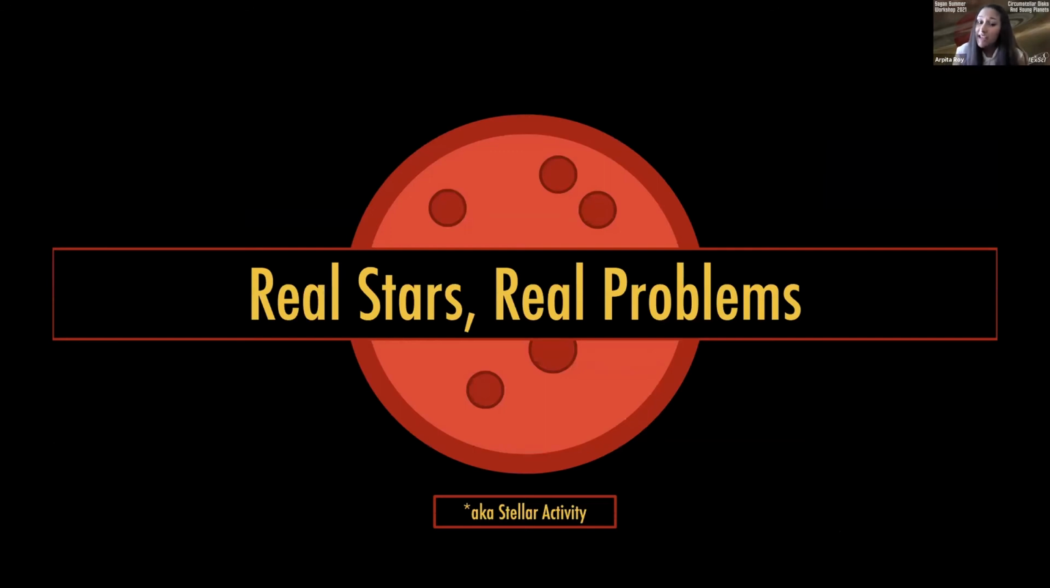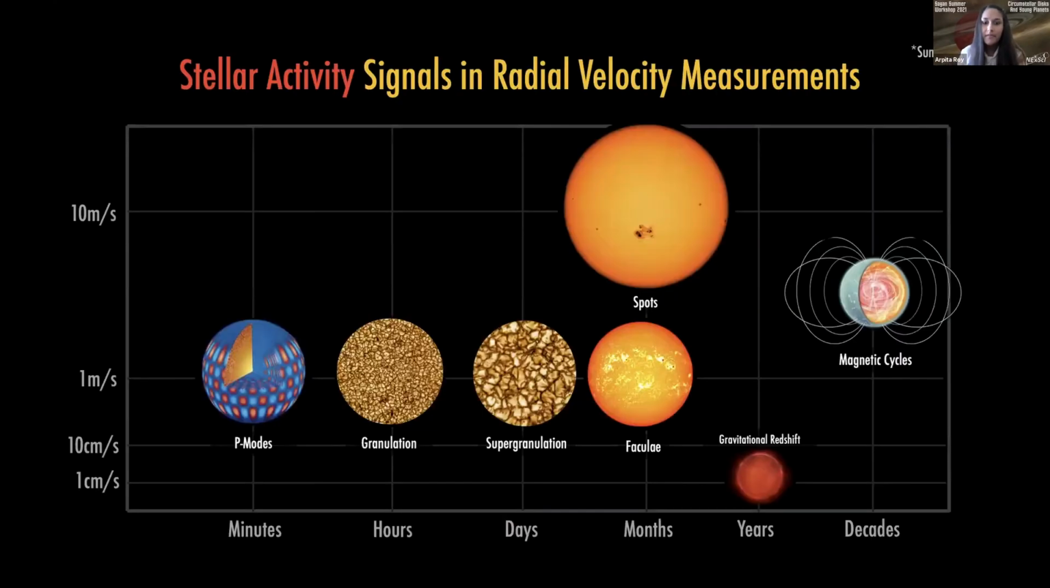So real stars have real problems, and let's talk a little bit about what those problems are and how they affect our ability to detect small planets. This is a graphic I made to show the different kinds of stellar activity. It's sort of a shorthand for the things you should worry about and the timescales on which you should worry about them. And you'll see basically that all of these are above the 10 centimeters per second level, except for